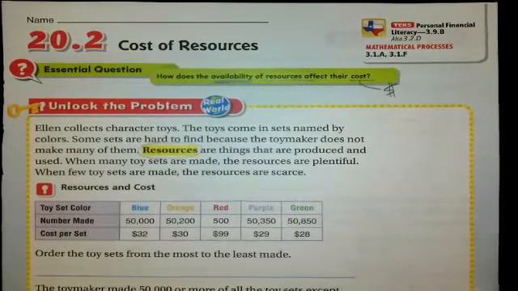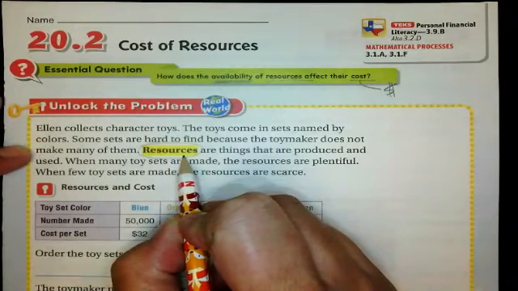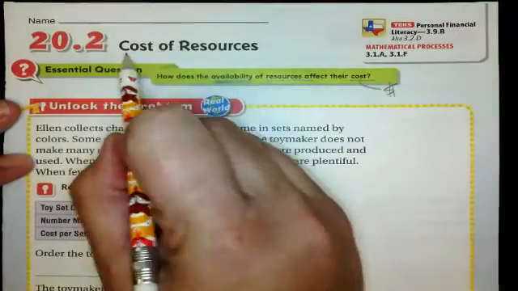So let's unlock the problem. It says Ellen collects character toys. The toys come in sets named by colors. Some sets are hard to find because the toy maker does not make many of them. Resources are things that are produced and used. We've discussed resources before. It's going to come into play a lot today because we're talking about the cost of